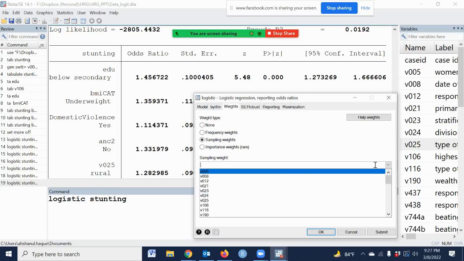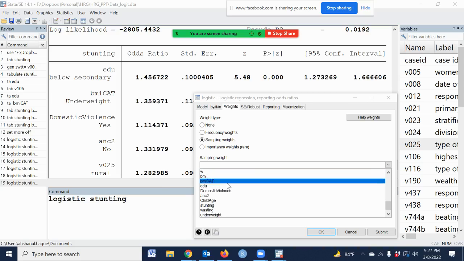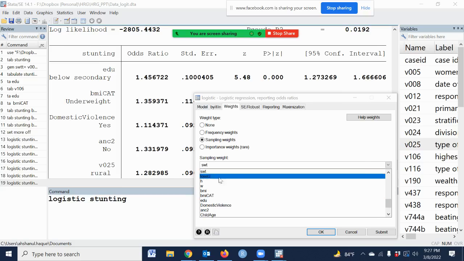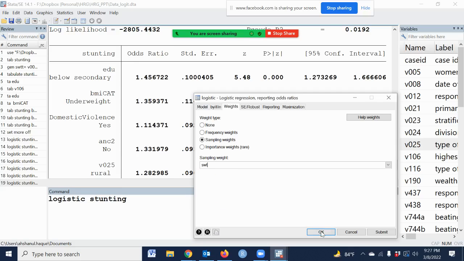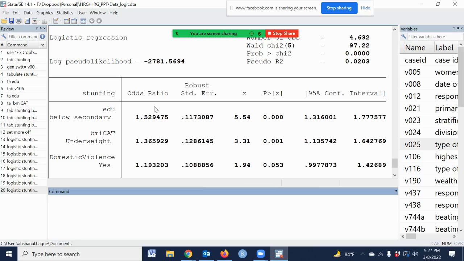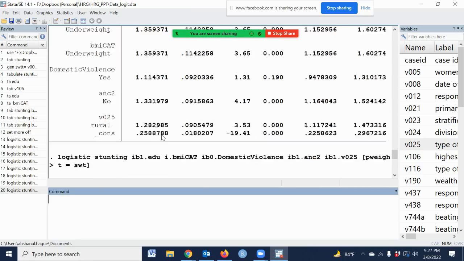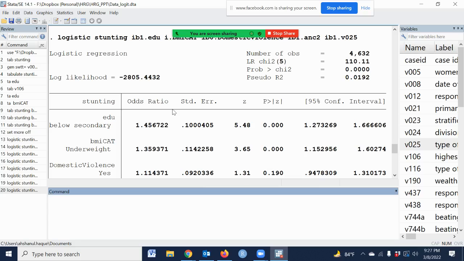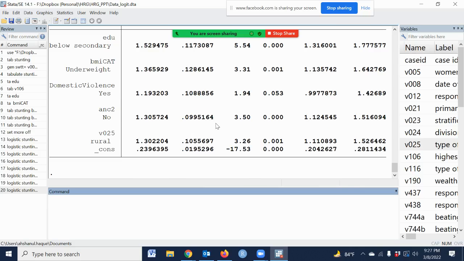What is the name of the sampling weight variable? We have created SWT. Then this is the weighted odds ratio, and this is the unweighted. For nationally representative data, we have to adjust the weight.